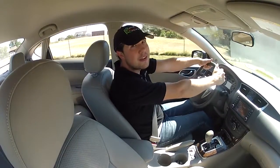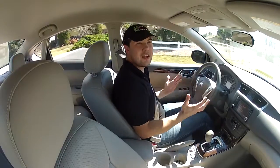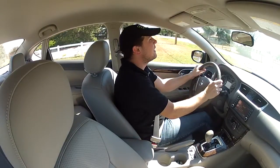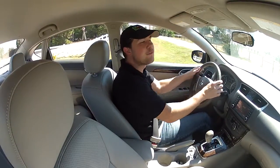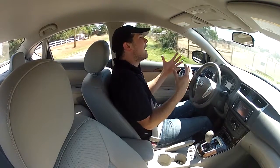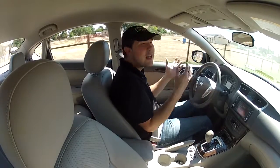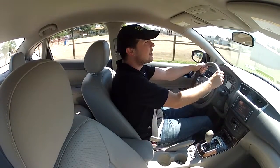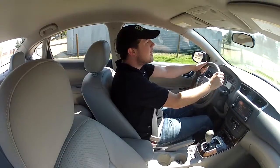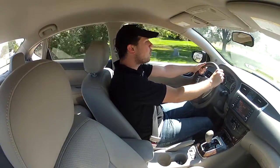Now, from a driving experience, you're going to have mixed feelings about this car, and that has been true for a long time for the Nissan brand. Something people really either don't like or are okay with, I think it's an all or nothing kind of proposition for many people, is the CVT. And why is that? Well, when you floor it,